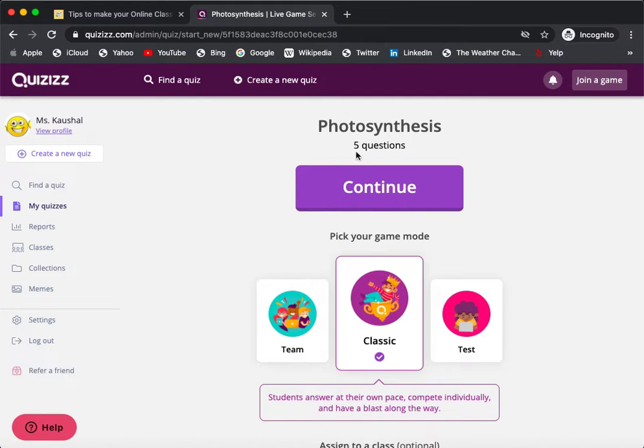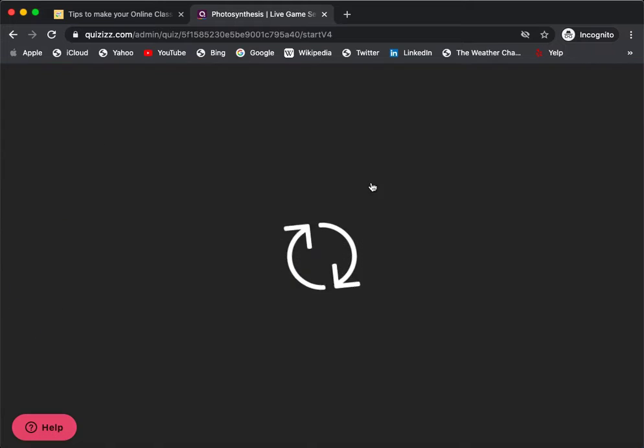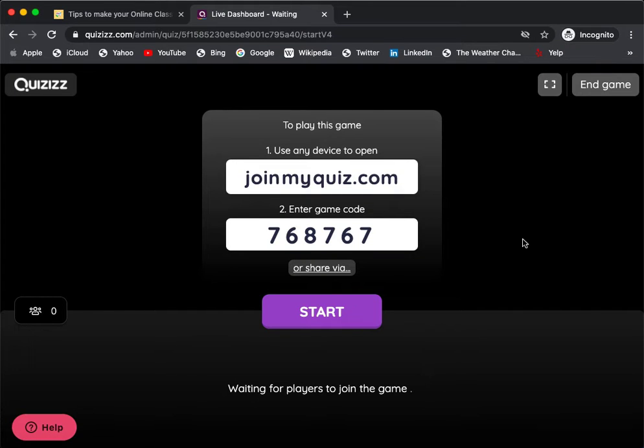When you go to classic and simply say continue, you will see this screen. Tell your children to go on another tab, because when they're working on either laptop or mobile, they can always open a new tab, and tell them to enter the code. Once they enter the code, they will be able to start playing the quiz.